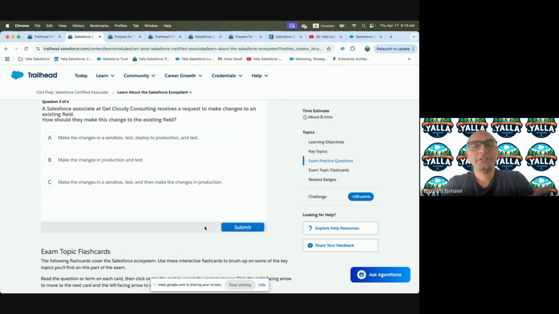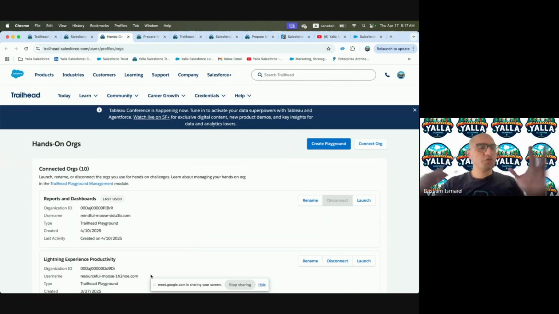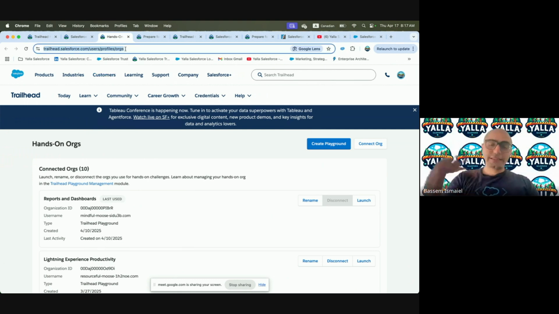A Salesforce associate at Get Cloudy Consulting receives a request to make a change to an existing field. How should they make this change to the existing field? All right. Part of the playground module, we covered that we have those playgrounds, which, if we went in here and said hands-on orgs, all of these are playgrounds, which will allow us to play with the org. If we need to take it to the next level, but this is fully integrated with Trailhead in order to validate and so on, the next level is developer,